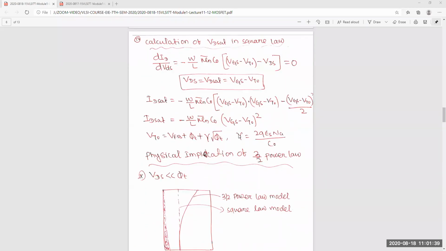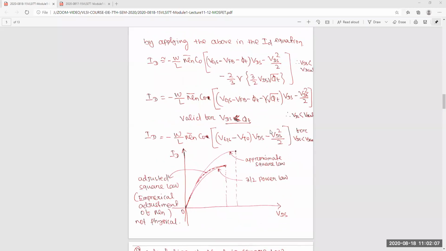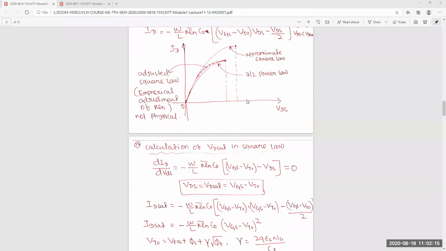Okay, and now one thing I will say. Because of that 3/2 power law and that square law, from that equation you still have some doubt how the current is more, how the current is less. For the square law you will get this current, for the 3/2 power law we will get this current. Because it's too long, we will not calculate it instantly, that if we put the value then we will get this, if we put the square law we will get this. This is a difficult process. So for that you have to know the physical implication, how we are getting this.